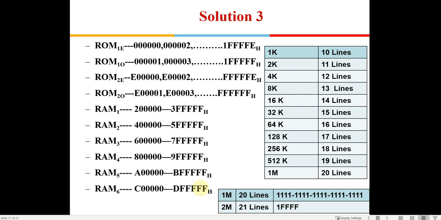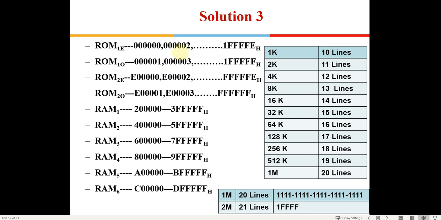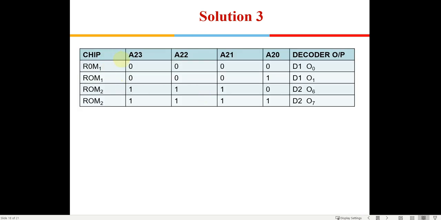Yes, sir. Okay. Once we write this table, now for the first 4 ROMs, we have the decoders 1, 2, 3, 4. In this case, if you see, outputs 0 and 1 have been taken from the first decoder, and 6 and 7 from the second decoder, and then you have put some unique values out here. This is arbitrarily taken: 0 and 1, and 6 and 7.